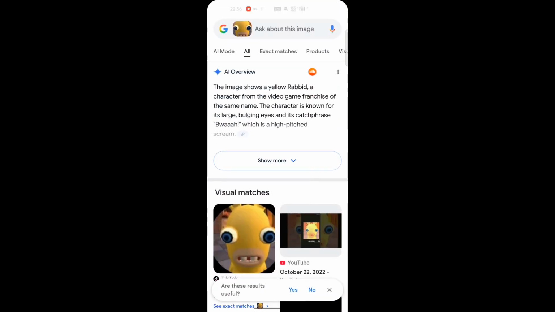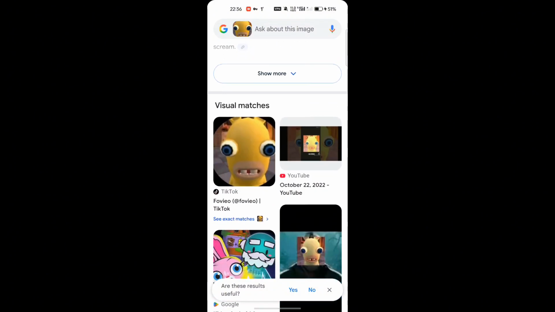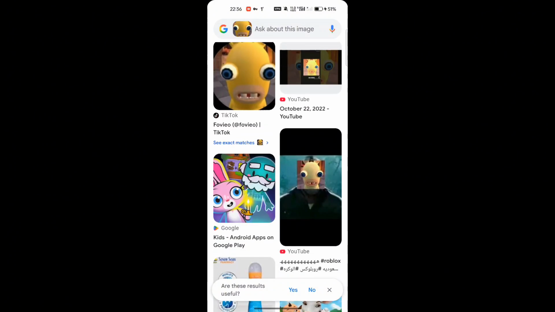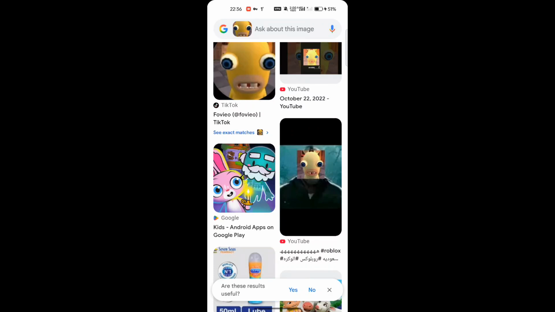After that it will tell me what the pic is. Like you can see, this image shows a yellow rabbit. Also you will see visual matches. In visual matches you will see a lot of pics that are related to that pic and that are available online. So basically Google Lens searches for all the pics that are available online related to the pic